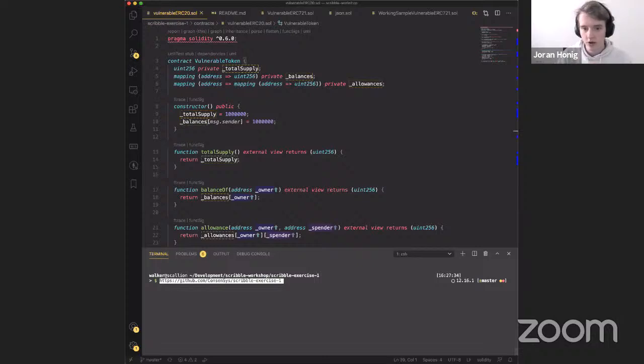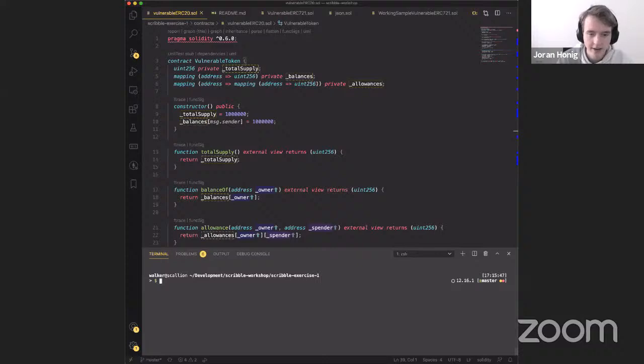So after the workshop, you can go through it again, or if I go too fast or if I forget to say something, then the info should be there as well. There's also the links to the Scribble documentation, MythX, everything there. So it's a really good reference material. Anyway, so in this repository,